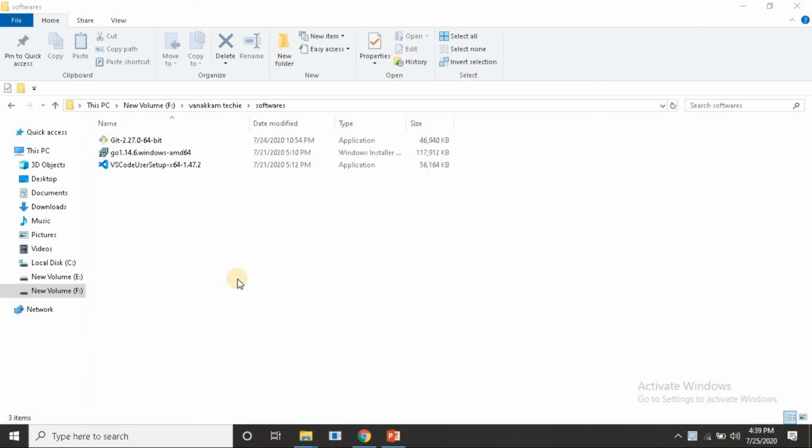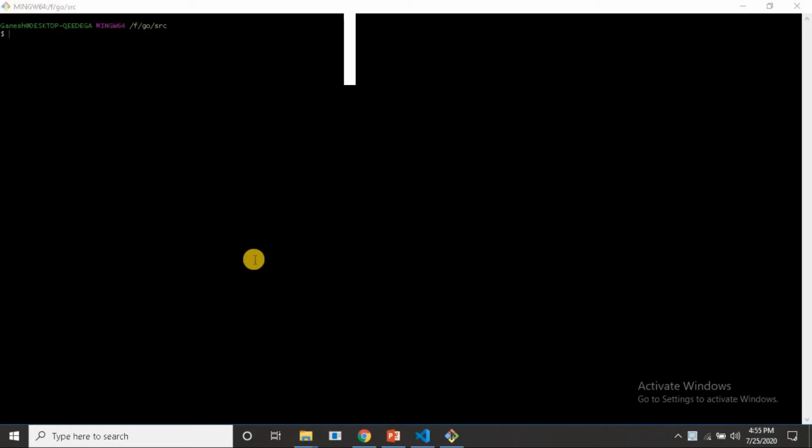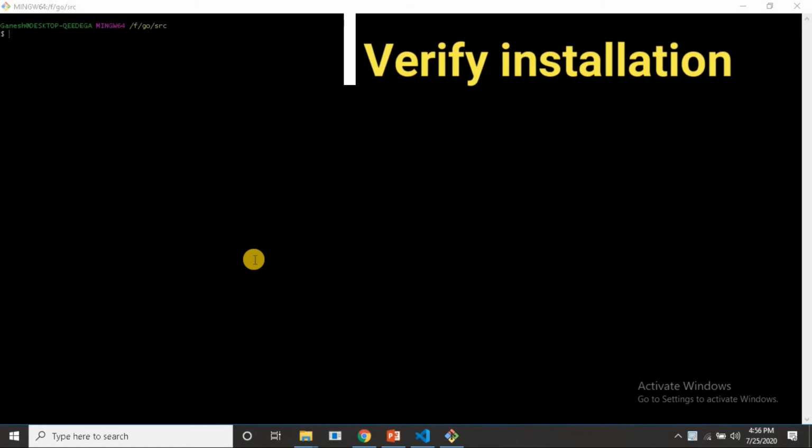There are two reasons why I have installed Git Bash. One is that we can commit our changes to a Git repository, and the second reason is that if you are familiar with Linux commands, you can execute Linux commands in Git Bash also. I am familiar with Linux commands, so I just installed Git Bash here. If you don't have any reasons like this, you can omit these installation steps. You can use the normal Windows command prompt to execute Golang commands also.